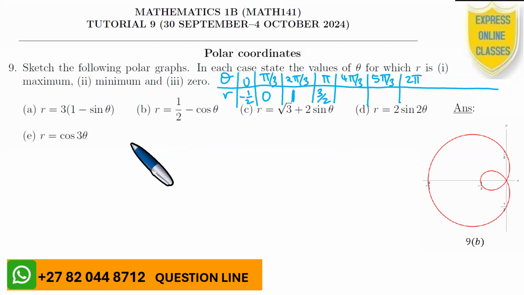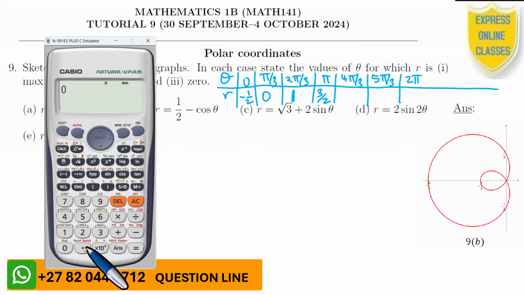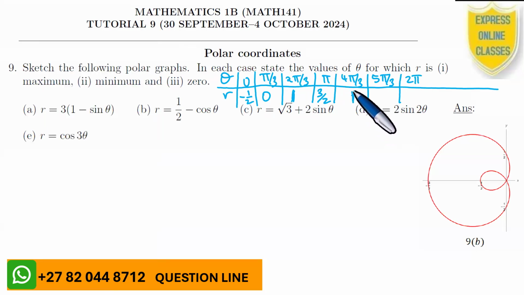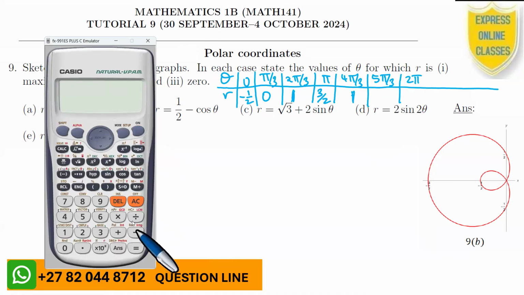Well, pi over 3. Okay, so that would be... okay, so now you have 4 times 60 degrees, 4 pi over 3. So that's going to be exactly a 1. Then 5 pi over 3, which is 0.5